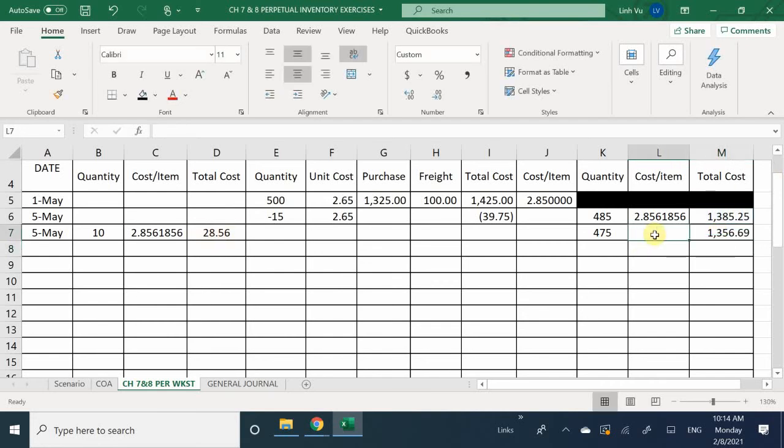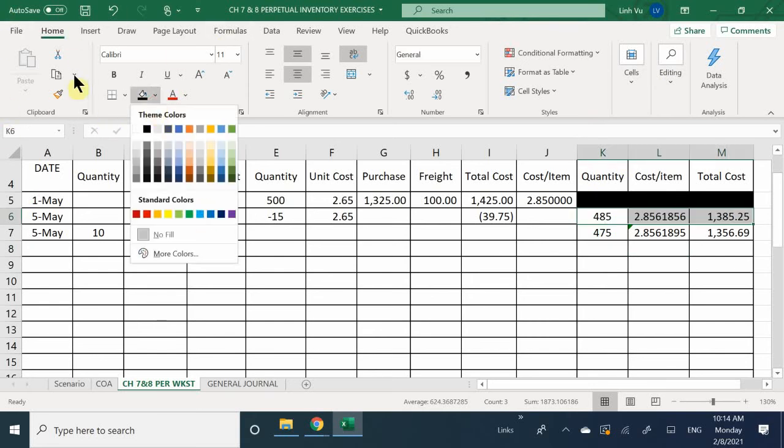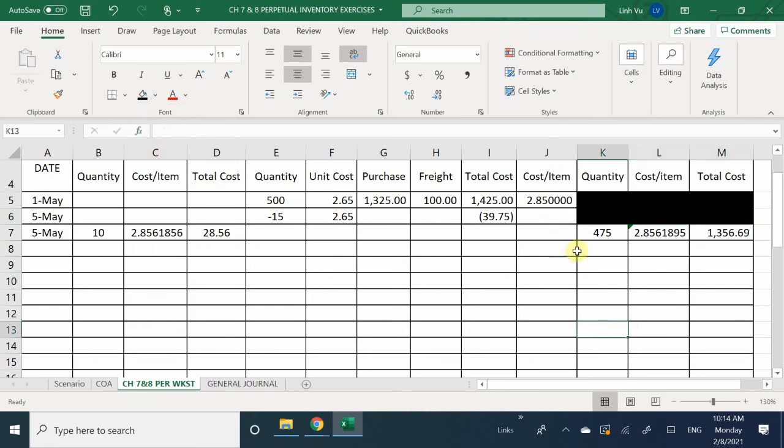And lastly, what is my new average cost per item? 2.85618. Okay, so good. Here it's changed by, again, another 10 thousandth of a penny. Here we go. We're going to eliminate with black. There you go. So now this is my new updated inventory information, and this is my total cost of goods